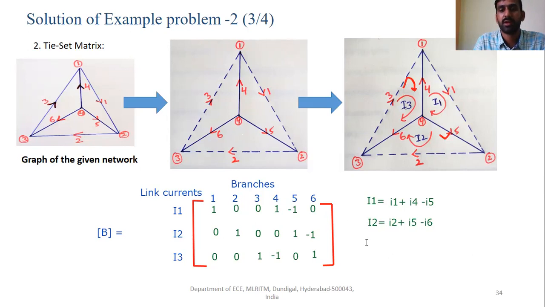And also we can obtain I3 is equal to small i3 minus i4 plus i6. So this is how we can obtain the relation, right? Similarly, we can get the other equations also.